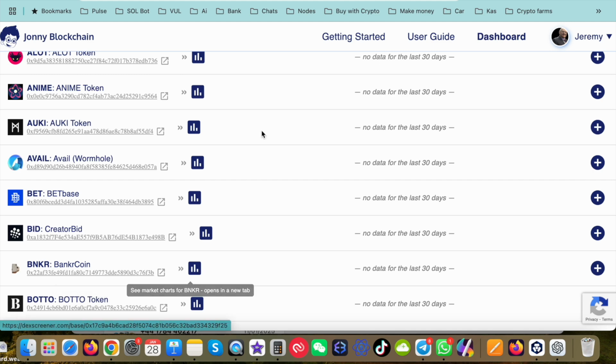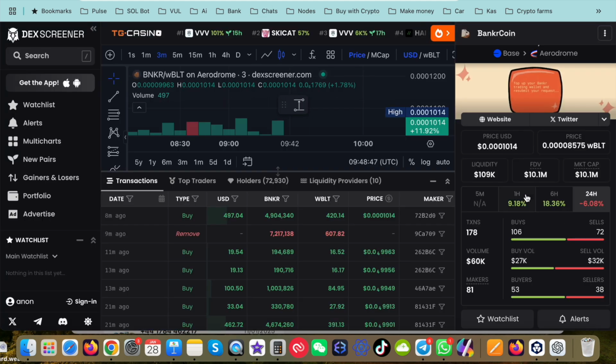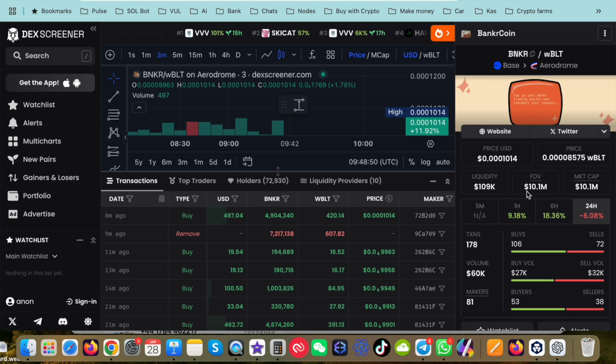So I click on this here, that opens up a new window. I've got the chart. So straight away I can see 100 grand's worth of liquidity. That's okay. I can see in the last 24 hours, dropped by 6%. In the last 6 hours, it's gone up by 18%. Last hour gone up by 9%. So even though it's dropped overall 6%, there's a lot of room here for a robot to be making money,